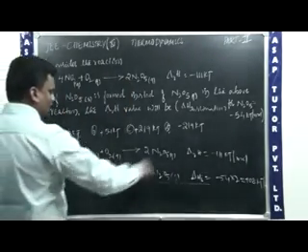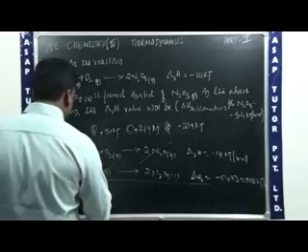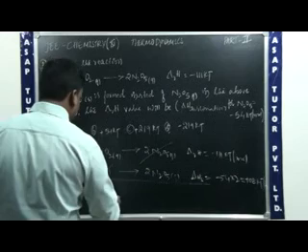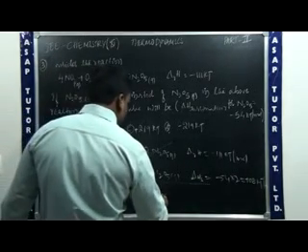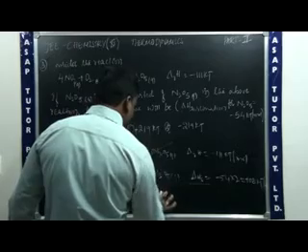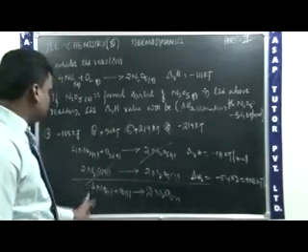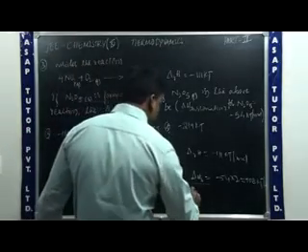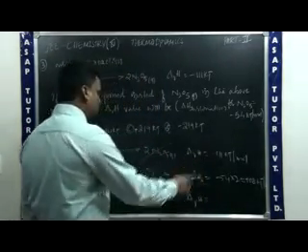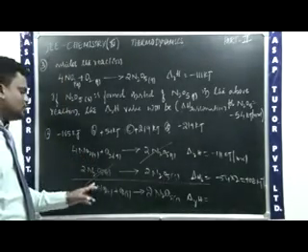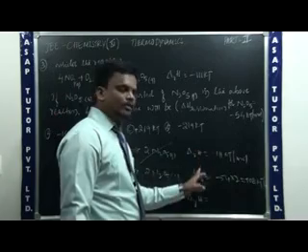Here N2O5 gas gets cancelled. Therefore what is the total equation now? 4NO2 gas plus O2 gas gives rise to 2N2O5 solid. So now we need to find the change in enthalpy of this reaction, delta H is equal to, we need to add both equations because we added both equations to get this equation. So we need to add the change in enthalpy of the two reactions.